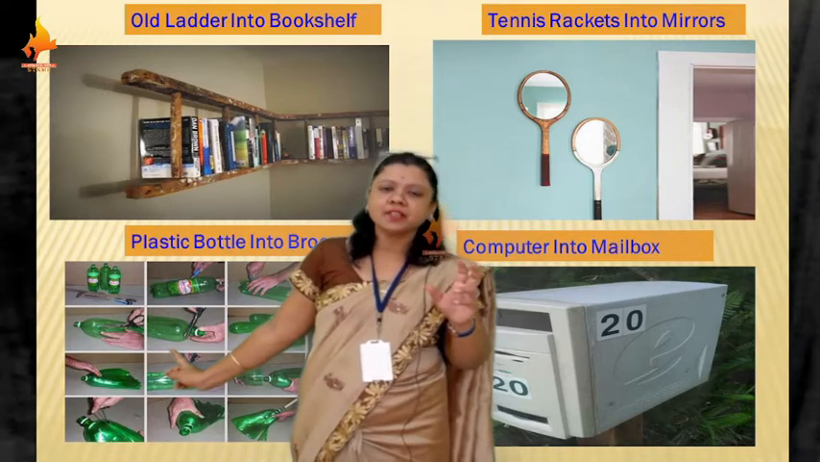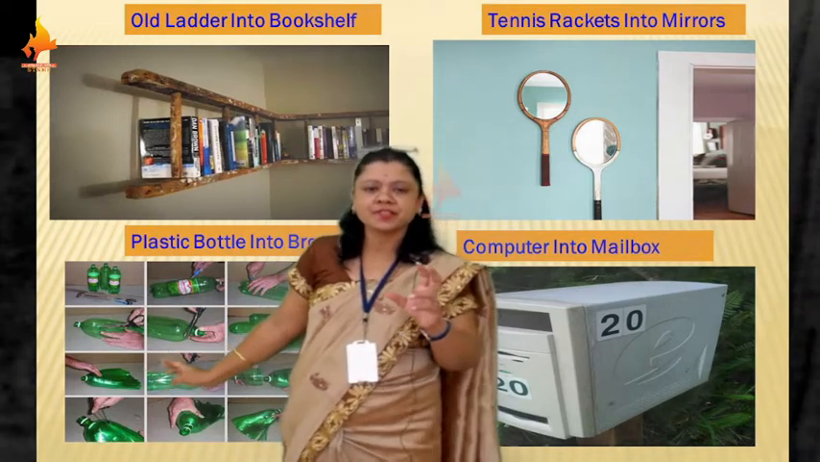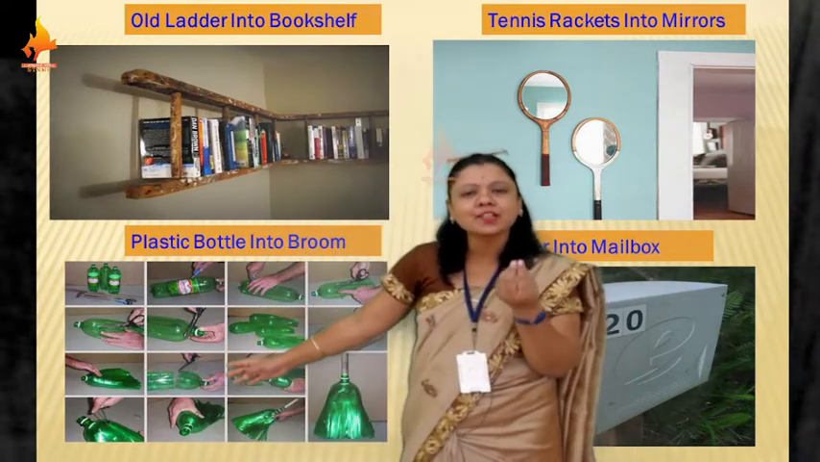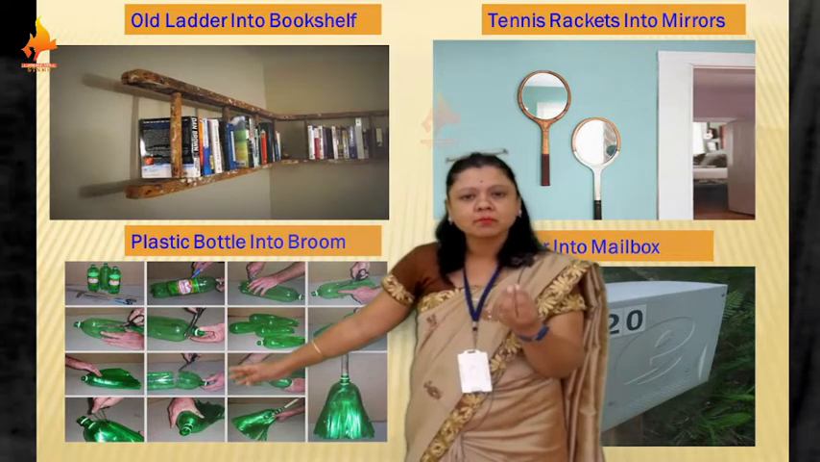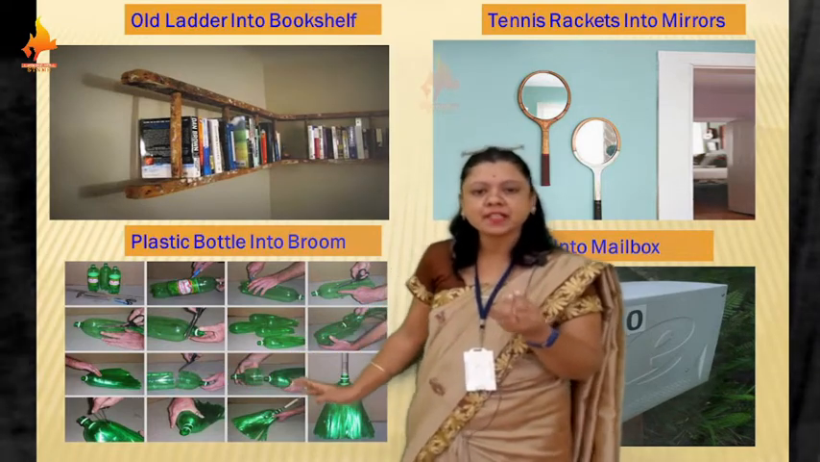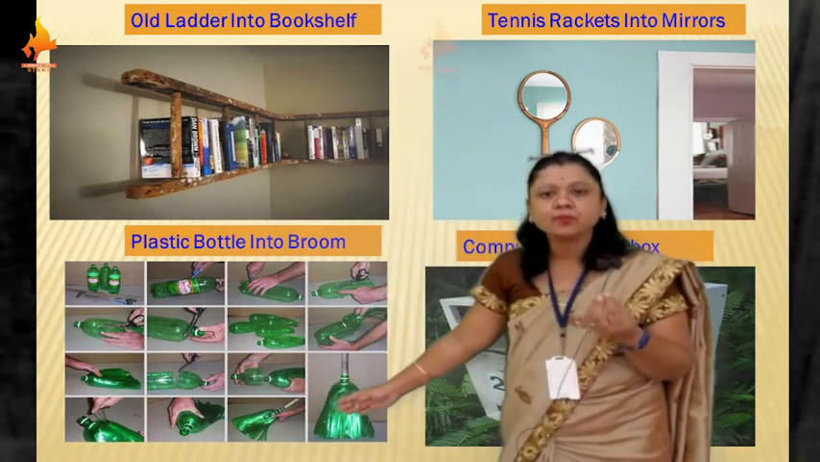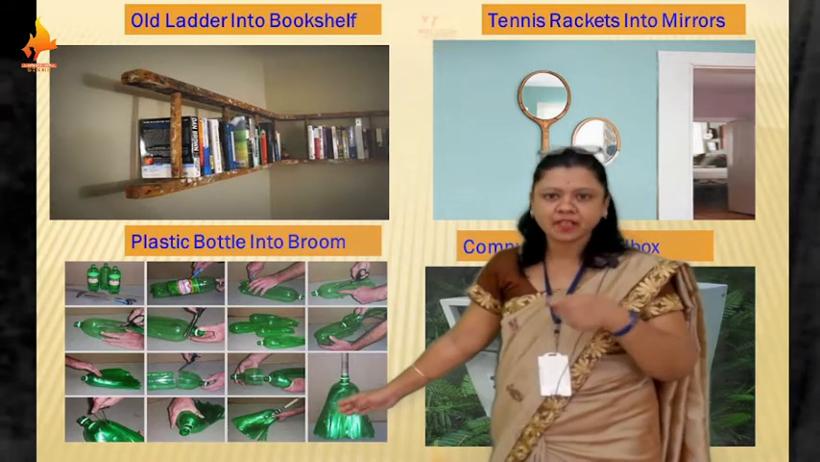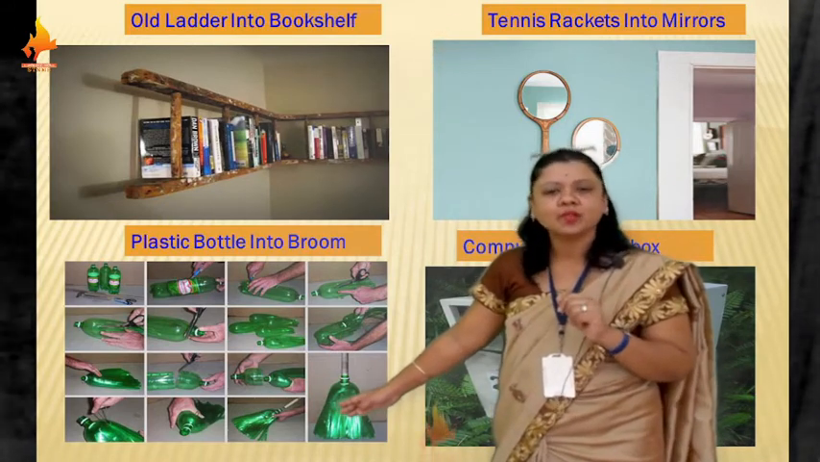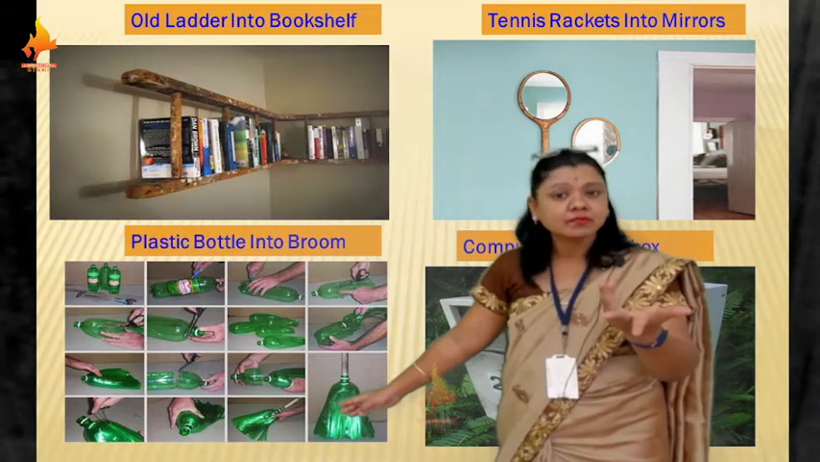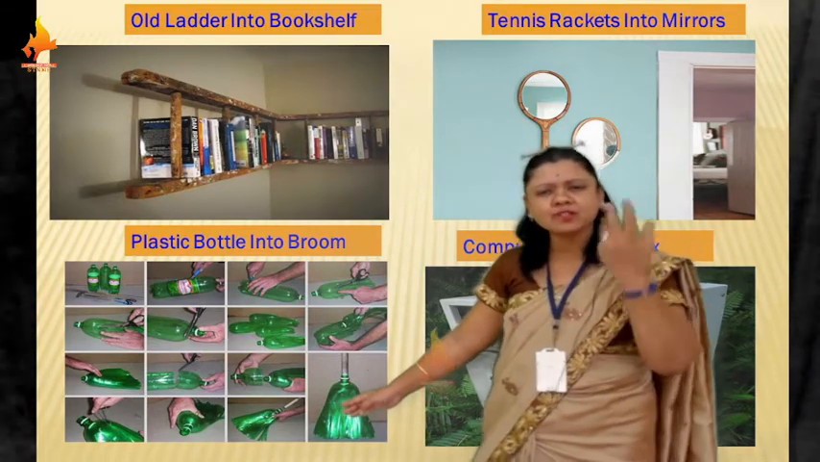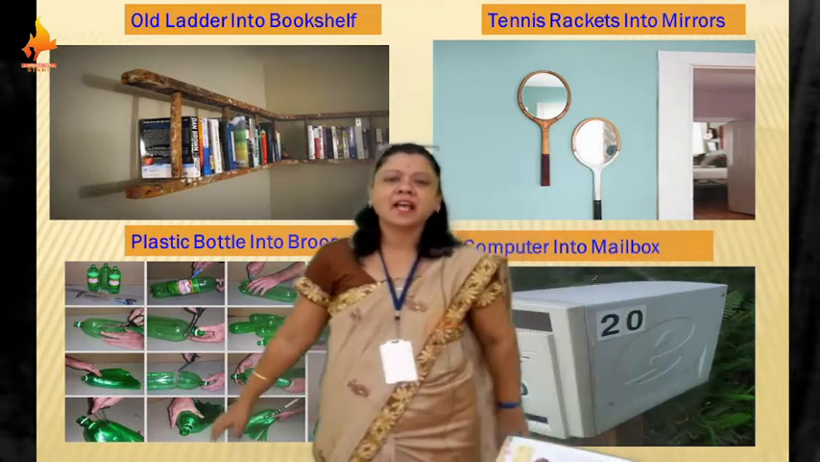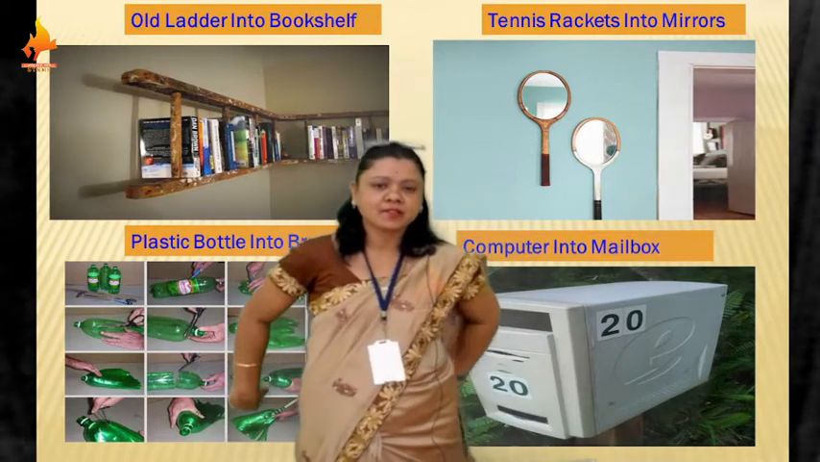Now come to here. See here, my dear students. This is a plastic bottle, and it is now a broom, right? Jhadu, if I can do with this. So see here how many examples, thousands of examples are there, and here my side, sorry,